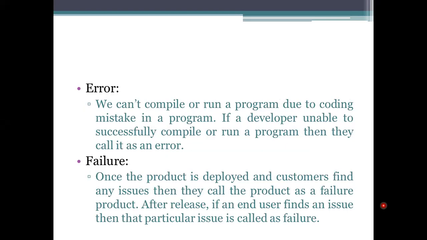Error means, as you know, when you are compiling your program or running your program, you have the compile time errors and the runtime errors. So where is the location of the occurrence? There could be some mistake in a program. The coding you are using for this programming has a mistake there, which raises the compile and the runtime errors based on their processing. So the location of the occurrence could be compile time and runtime.